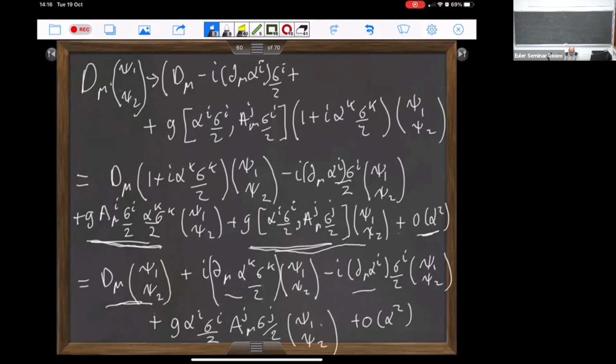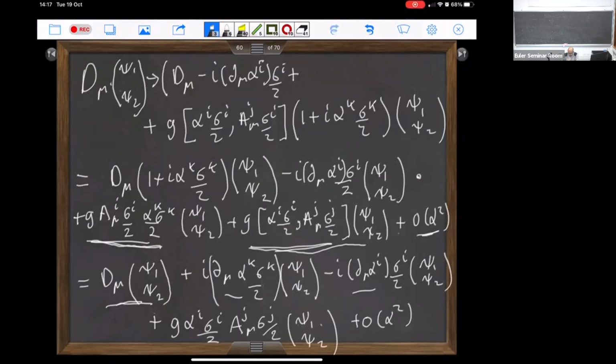The change in the covariant derivative is just by substituting the change in the gauge field. So we get these terms over here. And then this is the change in the fermion field. So I've written that out in the two lines below. First we've got the covariant derivative acting on the transformed fermion field,